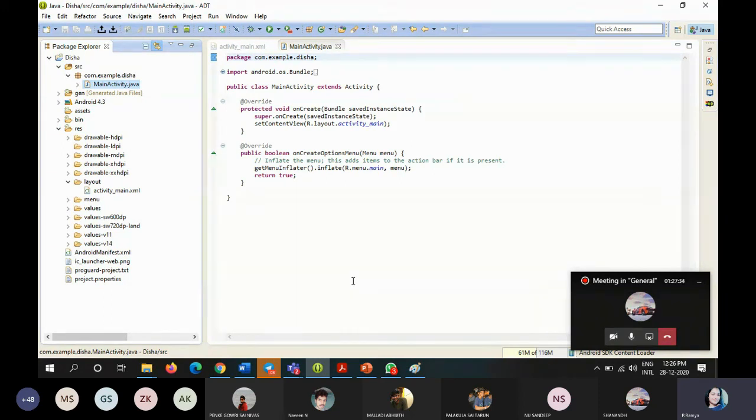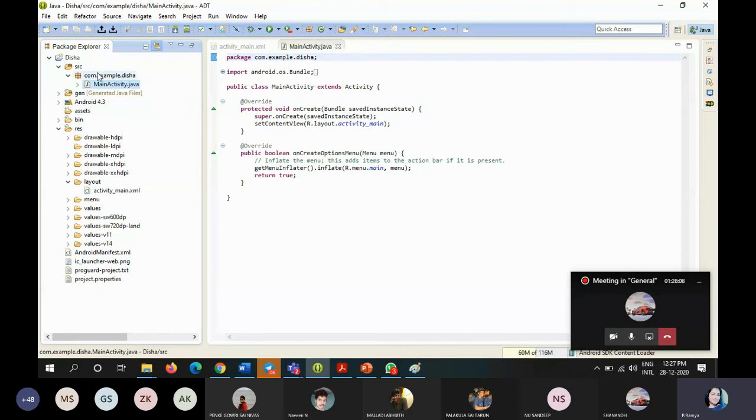If I click on any application, automatically that application has one facility: where I am present, where I am now, it will simply send my present location to some particular person. That means the live GPS location is also going to be provided by the Eclipse platform. You can set the live location also. You can set the GPS system also based on the Eclipse platform. So these are the advantages of the Eclipse platform.